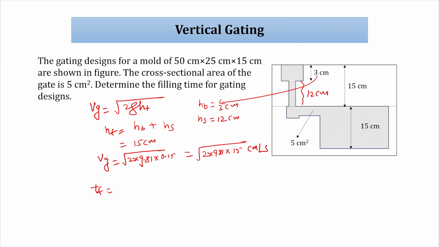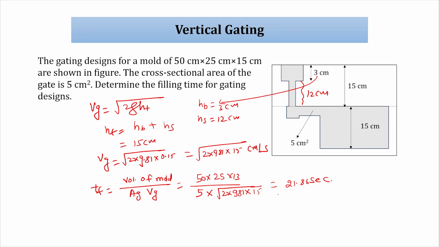Tf equal to volume of mold divided by Ag into Vg, that is equal to 50 into 25 into 15 divided by Ag equal to 5 into Vg equal to root under 2 into 981 into 15,